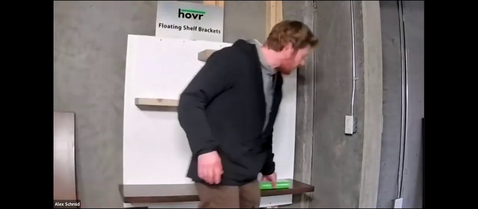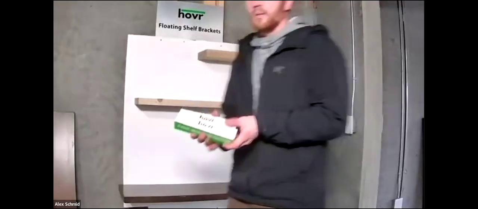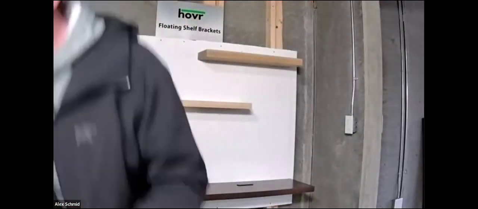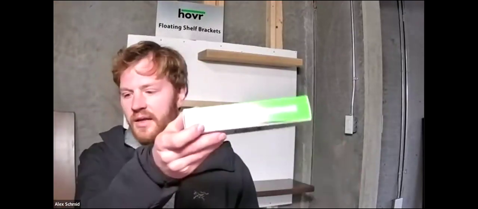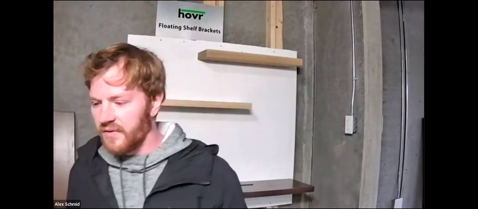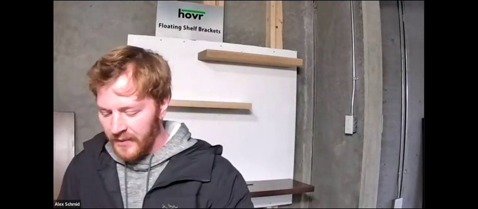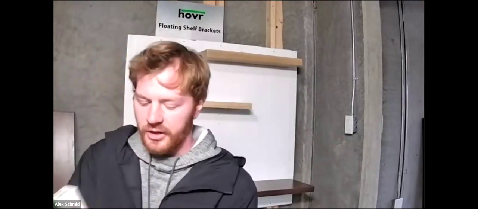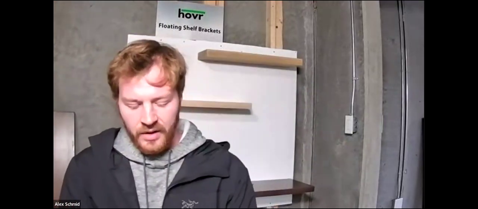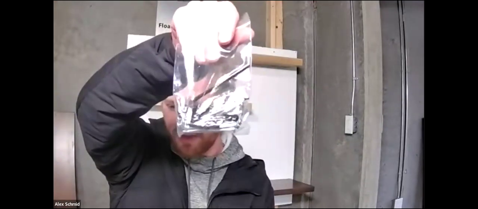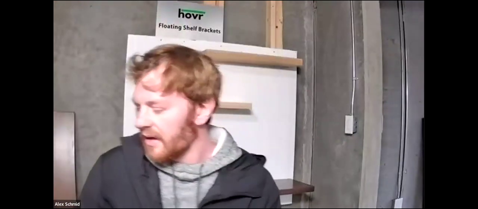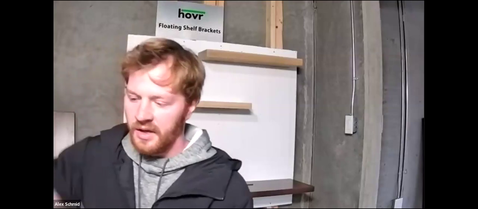The other thing that comes with the HOVR bracket when you order, as I mentioned, is the hardware. So you get a little hardware kit like this. This is the classic here, and this is the slim here. You can see they look a little different. Camera's not great, but what you get in here is all the hardware I mentioned earlier. So this is for the classic. You get your install guide, screws for your male bracket to the wall, set screws, hex key and drill bit, and then your screws for the female bracket. And then in the slimline,